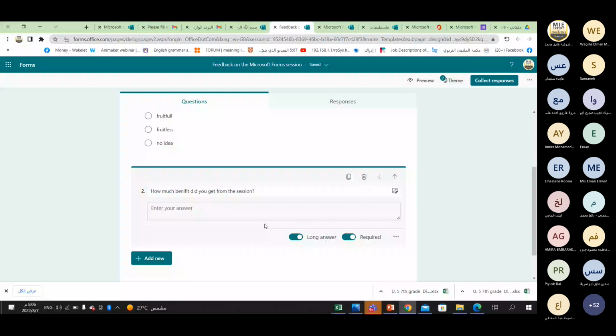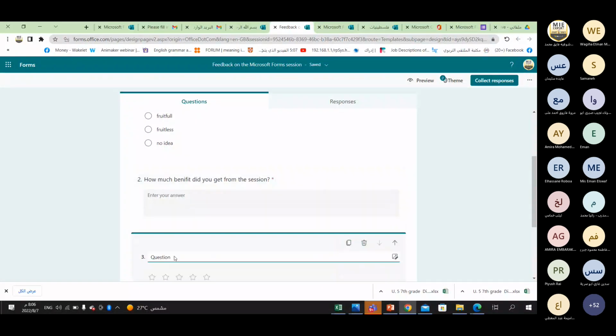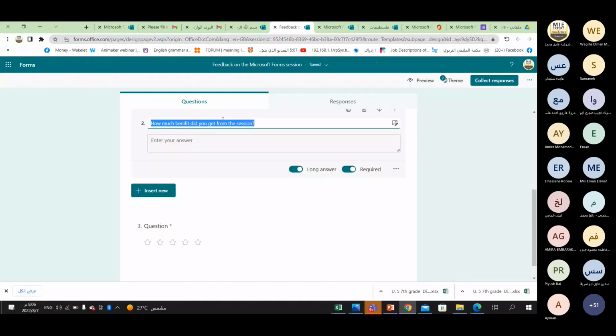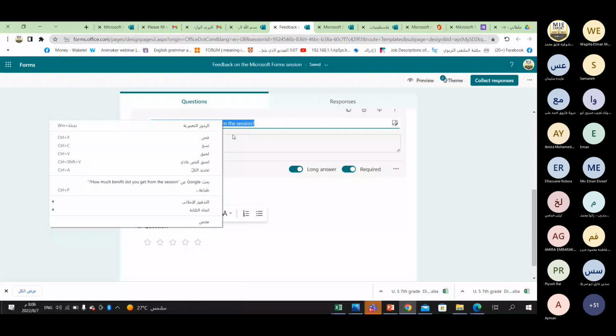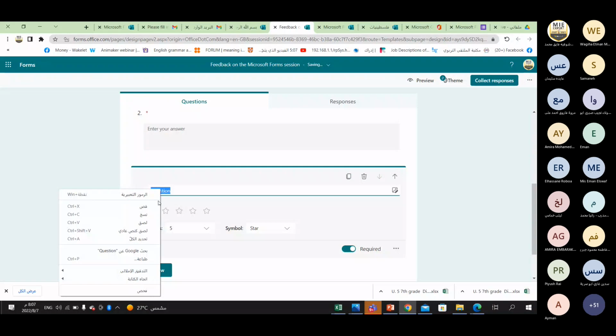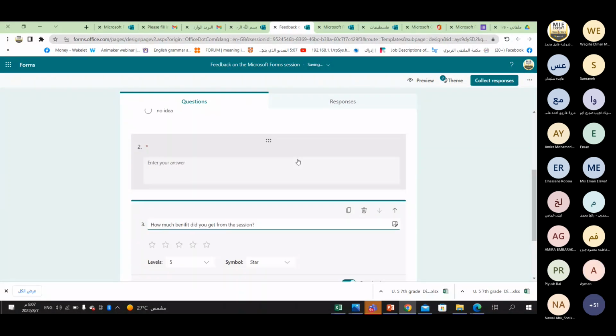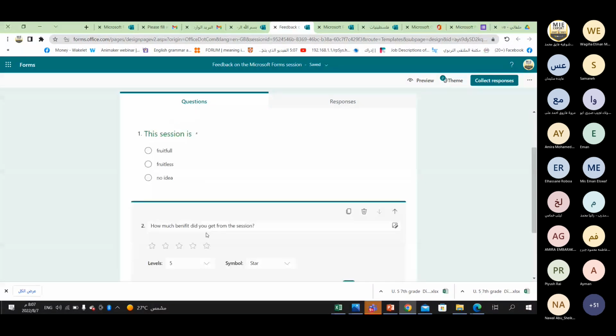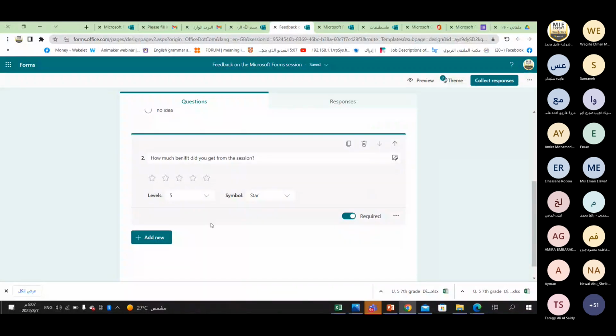Okay, then I can add another one, rating, for example. This is very interesting and very helpful for writing polls. For example, I can press this one, cut it, and insert it here. For rating, it is very suitable and preferable, and I can omit this. How? I can just press delete, then it will be deleted, and here: how much benefit did you get from this session? You can use these and use images also, required, also no points, etc. Add an